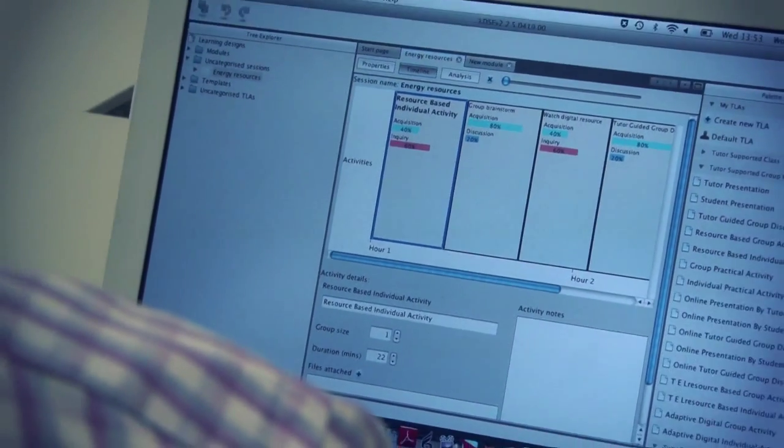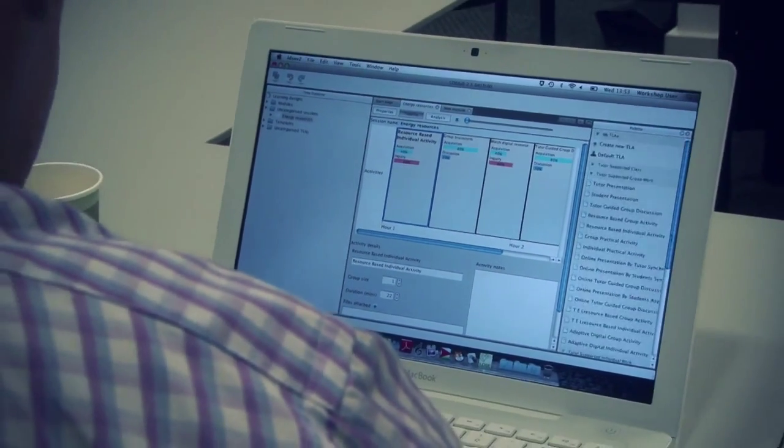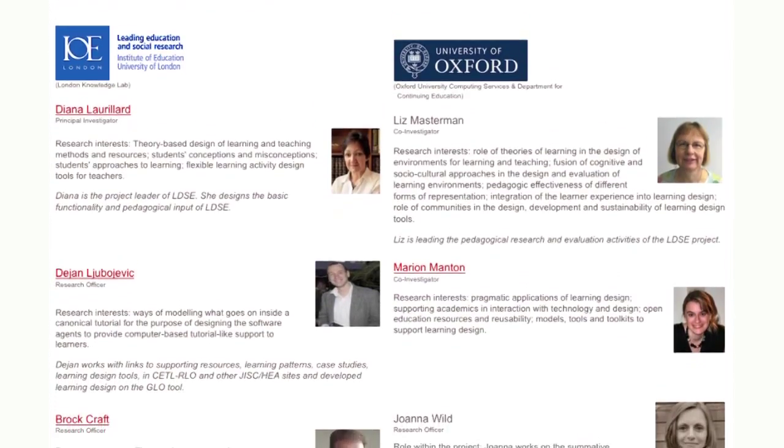The Learning Designer project works with practicing teachers to research and co-construct software that will allow teachers to build their professional knowledge collaboratively through sharing their learning designs. The team is led by Diana Lorillard, and she explains why she feels so passionately about the need for this project. The help that teachers need to radically change how they're going to enable their students to learn has been